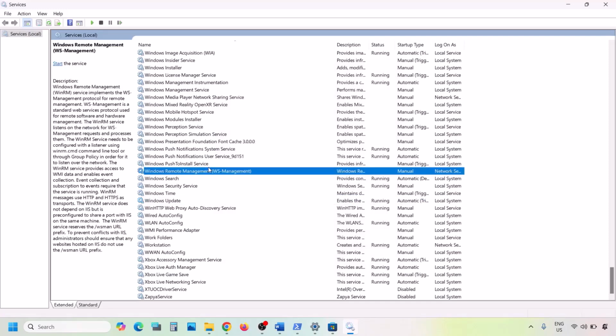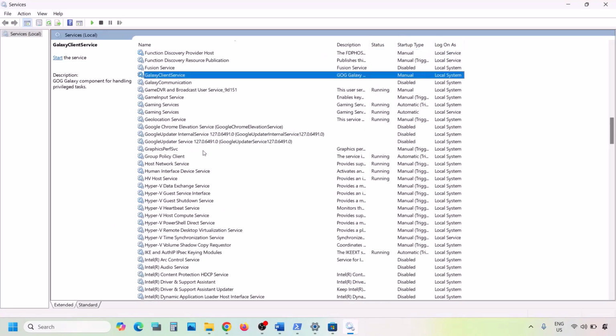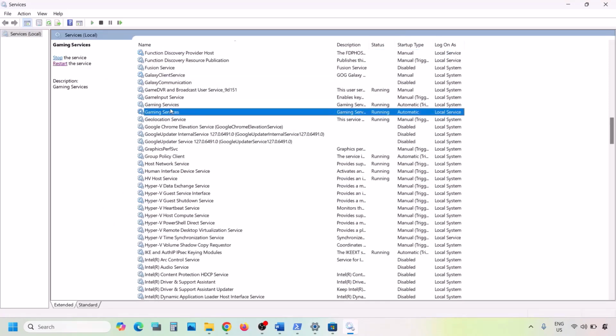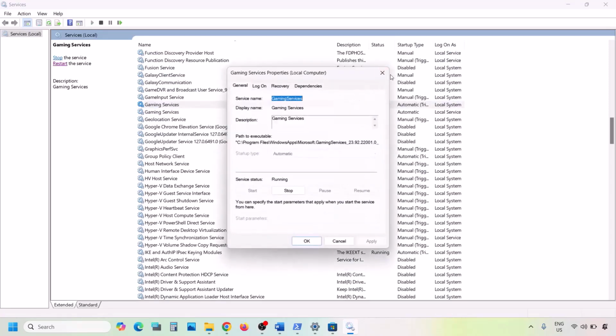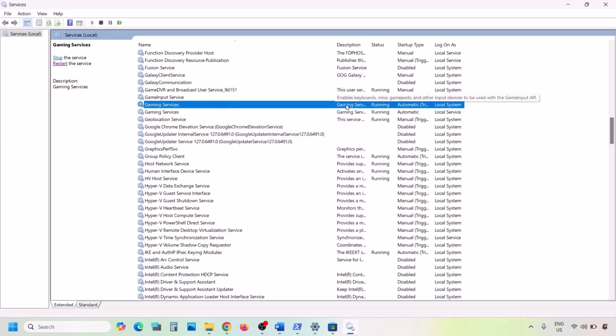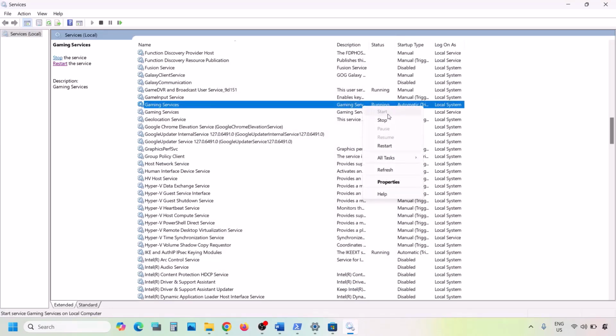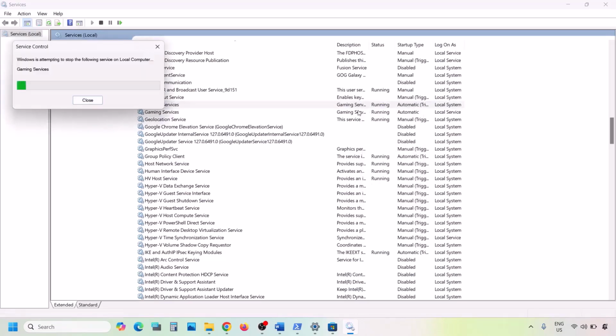Now go to gaming services, find gaming services on the list. Here you can see 2 gaming services. So once you see gaming services, make a right click on gaming services, make sure it is running. If not running, make a right click and then click on start, or if it is already running, you can restart it. And again